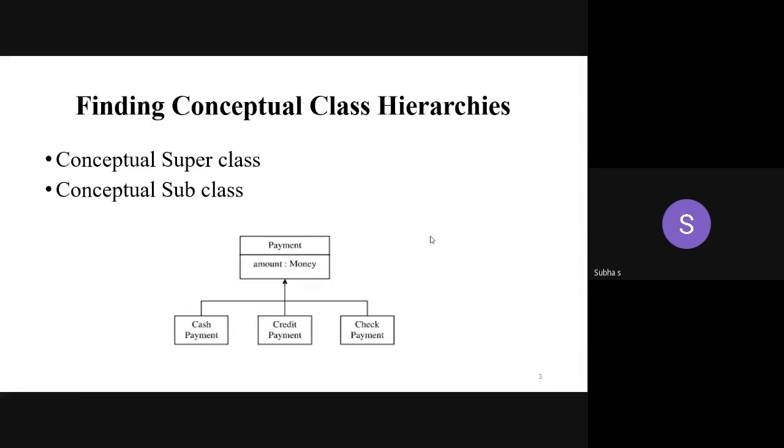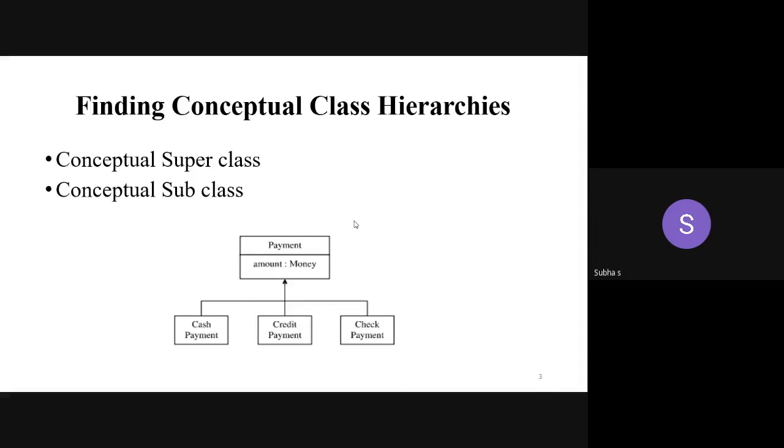A very common example we saw in the next gen POS. A very important class is payment. So far we have seen payment as a single class. But I have told this concept already in generalization. Okay, same thing only we are going to see in a refined way. That is your domain model refinement.